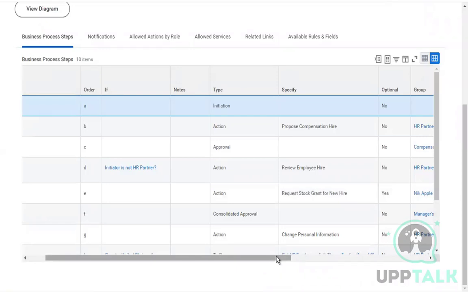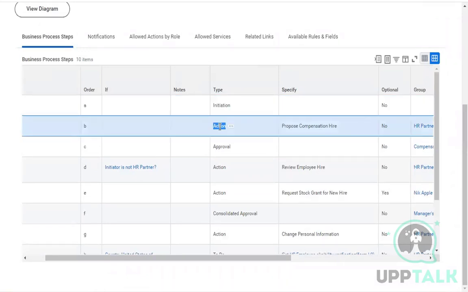Now the system will evaluate that, and if it comes out to be false, meaning the employee does not have an employee contract, that is what that description means: if it is false, the step will exit and the process will continue. That means if the employee does not have a contract, it will exit the initiation step and move on to step B, which means your validation condition has to be false for the process to continue. Now, if you have an employee who actually has a contract, in that case, Workday will throw an error